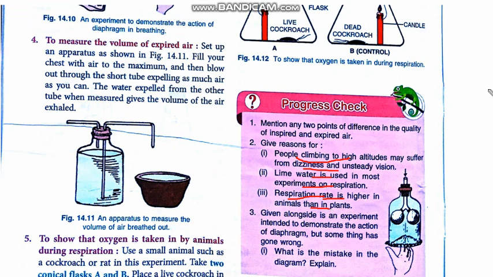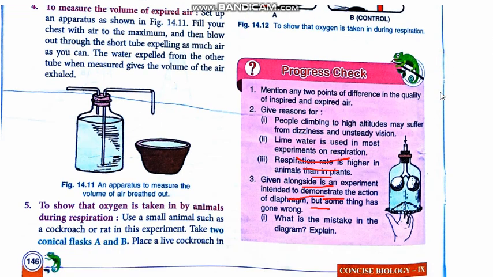Now the next is our third one, that given alongside is an experiment, and the question is what is the mistake? See, this is dome shaped, but in spite of this the lungs are expanded. But what is the mistake? That these are extended, and we can say the lungs should be relaxed, and the volume of the lungs must be